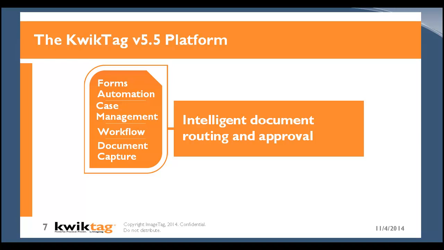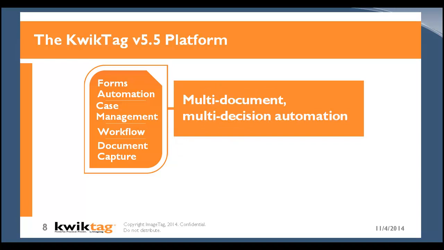C, case management, the ability to wrap documents around each other and relate them to each other based on unique identifiers like a PO number, where you have an invoice and a packing slip and a purchase order that are all related to each other. Or think about all of the documents that come into the organization throughout the life cycle of an employee. You might have 50 documents that range from offer letter to application to PTO request to personnel action form or pay change. And all of those documents today